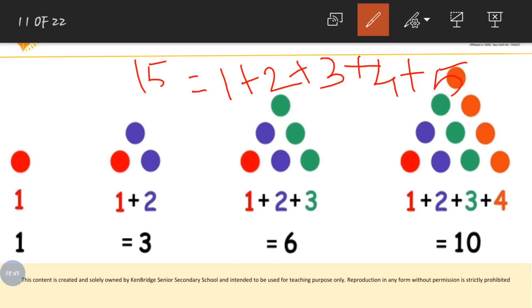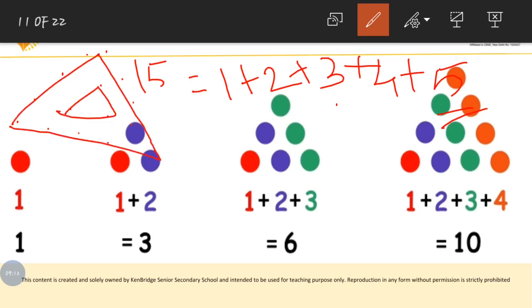Then what we will do? First you have to keep 5 dots. I am going to keep them here: 1, 2, 3, 4, 5. So 5 dots you have to keep. Then 4: 1, 2, 3, 4. Then 3: 1, 2, 3. Then number 2: 1, 2. Then number 1. Just look at this. Is this a triangle, right? So we made a triangle. Am I right? In between, 1 dot will be there.